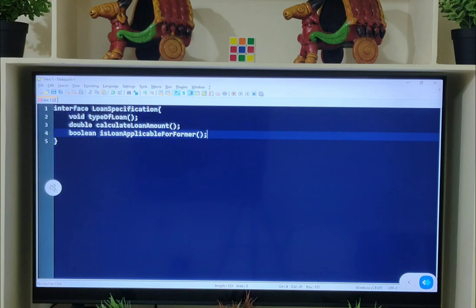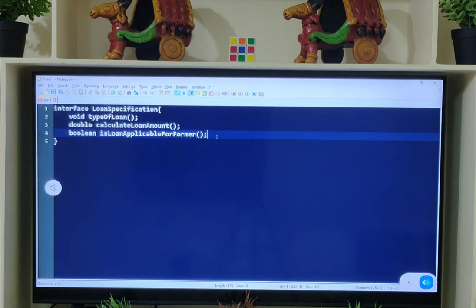So if you observe, this is a normal and regular interface in Java. Every method present in an interface is by default public and abstract, whether you have defined it or not. Next, this normal and regular interface contains more than one abstract method.